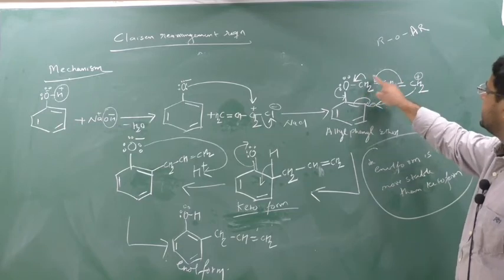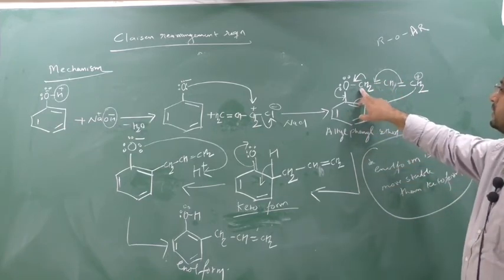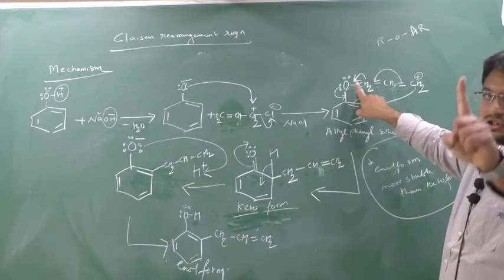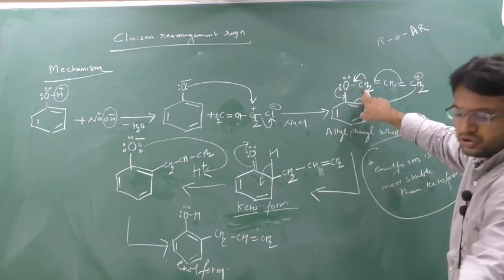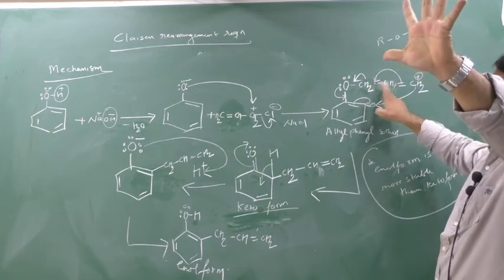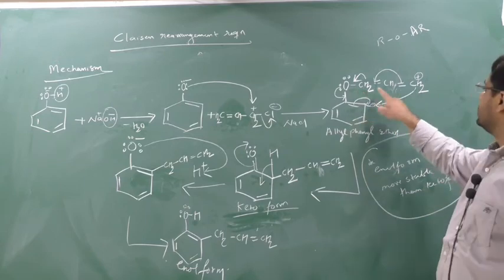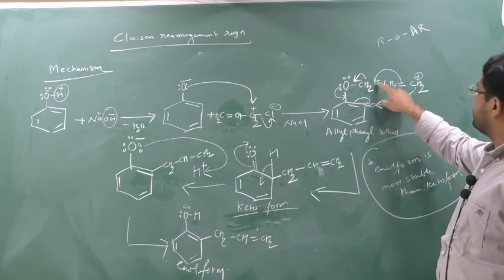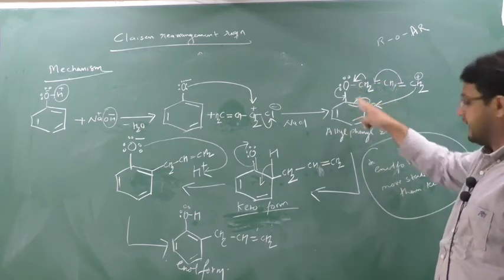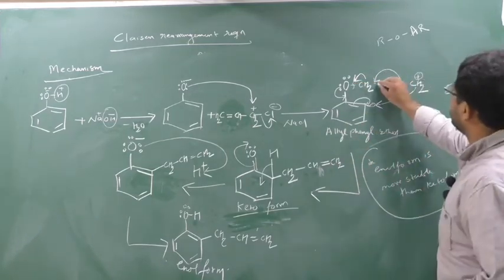So here the pi bond will shift. Now this CH2 is gaining the electron. When this CH2 is gaining the electron, now count the bonds of carbon. This carbon has 1 bond with this oxygen, 2 bonds with hydrogen, 1 bond with this carbon and 1 new bond with this pi bond. If the pi bond shifts, there will be 5 bonds on this carbon. Carbon cannot make 5 bonds. So carbon is making a new bond with this pi bond, so it has to break the old bond. Which bond will break? This bond will break.